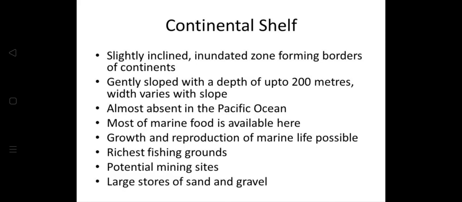Growth and reproduction of marine life is possible. They are richest fishing grounds. So if it's rich in fishing grounds, then fisheries and the fishing industry are going to prosper here. There are potential mining sites. When we spoke about the potential mining sites, I told you all